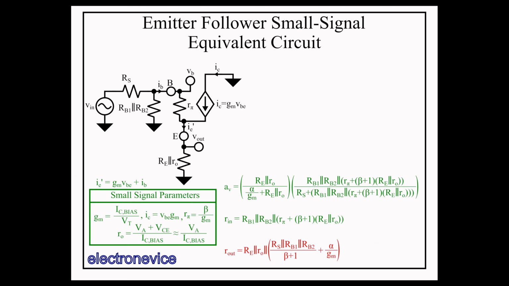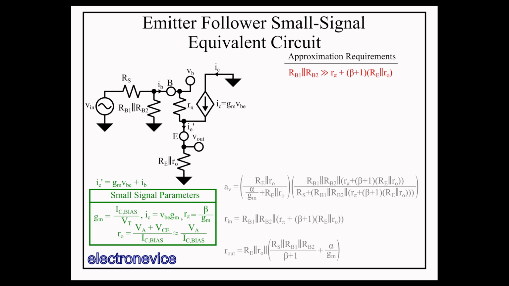Now that we have the gain, input impedance, and output impedance, let's take a closer look at those parameters. So these equations have a lot of terms in them and seem a little overwhelming to parse. As in previous videos, we will make approximations to make the circuit easier to deal with. It's important to note that some of the conditions required for the approximations to be valid are not easy to adhere to and may be more trouble than they're worth. You can always fall back to the more accurate equations after using the approximate equations. Here are the rules we must adhere to for the approximations to be valid.